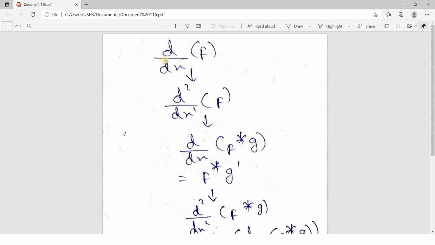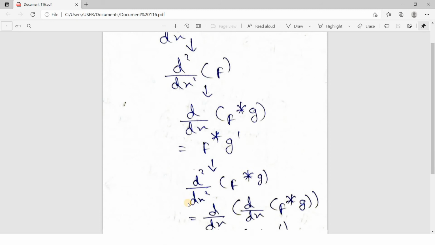Now the problem which we encountered in the single derivative is the presence of noise. That's why this version is replaced by this version, d/dx of f convolved with a Gaussian filter, and this can be written like this: f convolved with the derivative of the Gaussian filter. Similarly, when we apply a Laplacian filter, it might happen that noise is present in the signal f. So here also, before taking the double derivative, we have to apply low pass filtering using a Gaussian filter,